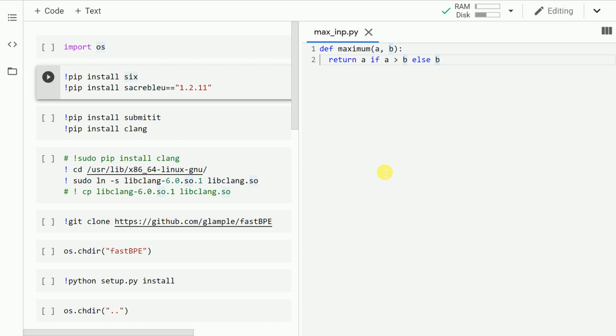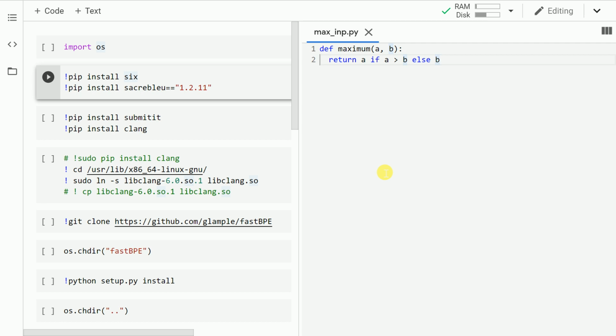Hello everyone, I'm recording this video in August 2020. 10 years back, if you would have asked me that a program can convert your Python code into Java, I wouldn't have believed it. But guess what? Facebook has recently open sourced their pre-trained models of an amazing package called Transcoder.